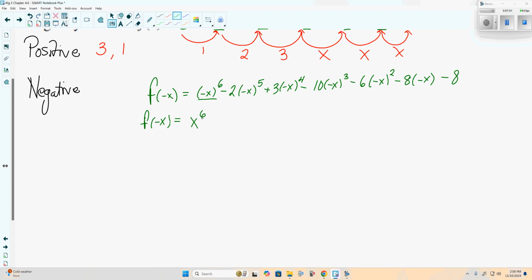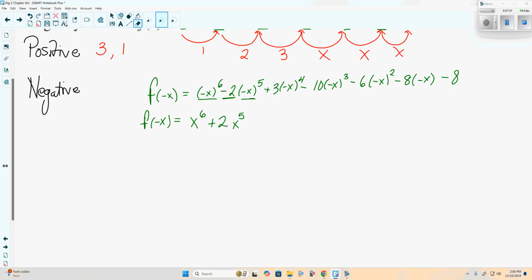Our next one is negative 2 times negative x to the 5th. Well, the negative x to the 5th part of this, we'll still have x to the 5th. We're still multiplying x by itself 5 times, yes? But that means it's going to become what? Negative. It's going to keep that negative with it, yes? And we're multiplying it by what? Negative 2. What's a negative times that negative? So really with this here,